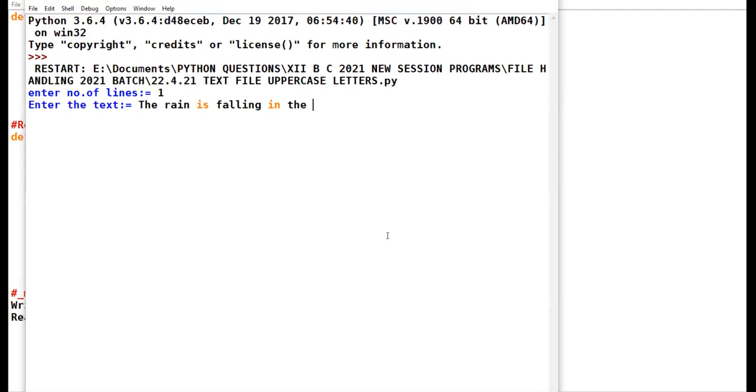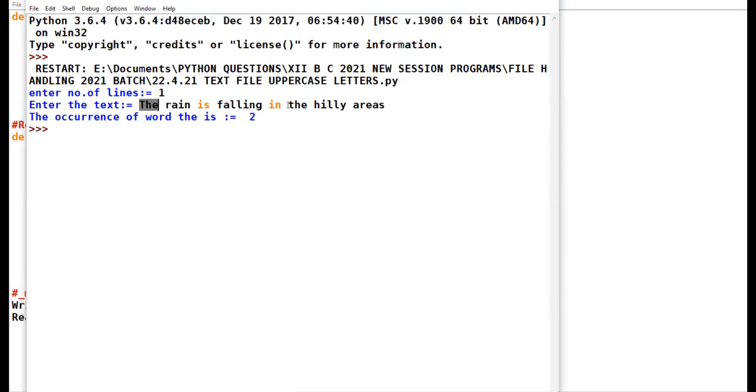The rain is falling in the hilly areas. See, this "the" one occurrence, this "the" second occurrence. Result is 2. Am I clear totally? 12th class, is the concept clear now?